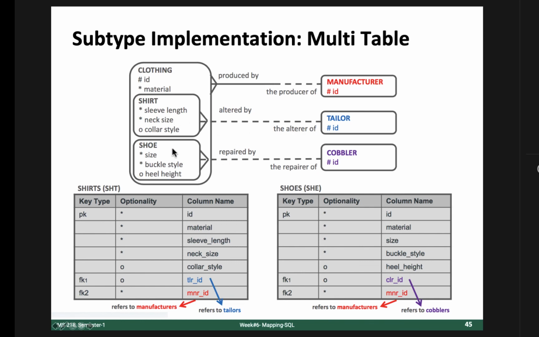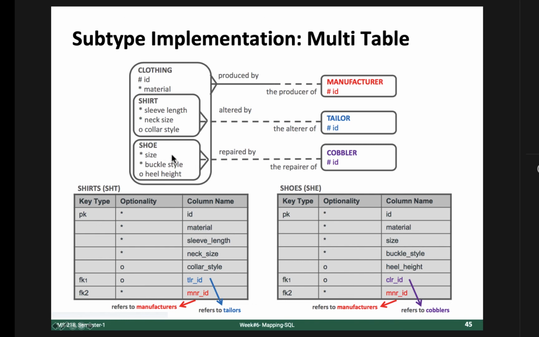If we are making two different tables, it means for two subtypes, two different tables. For each table, all of these common attributes would be coming here, and all relationships would be coming here. Similarly, all these attributes would be coming here.